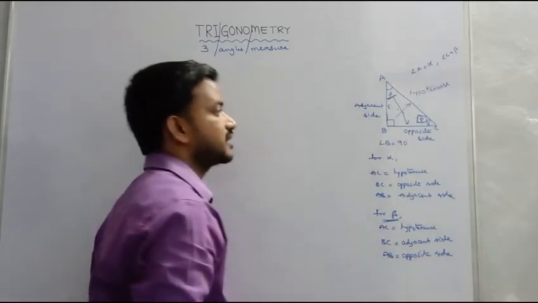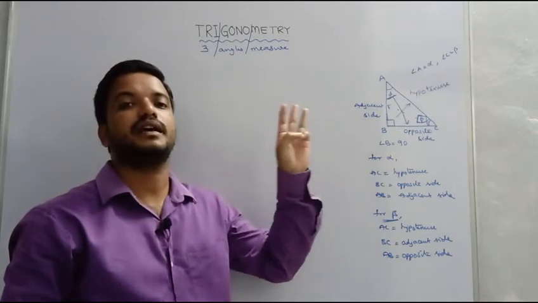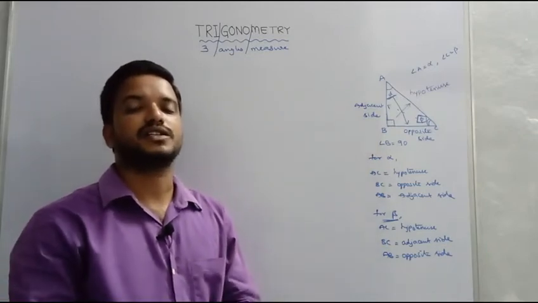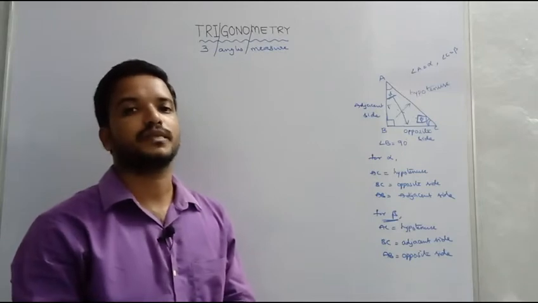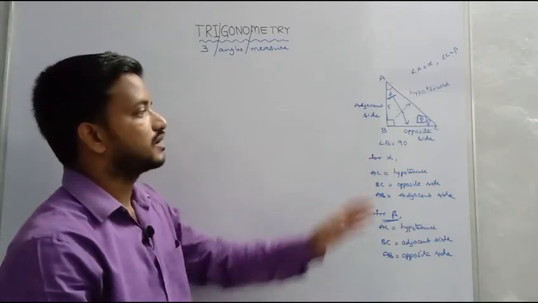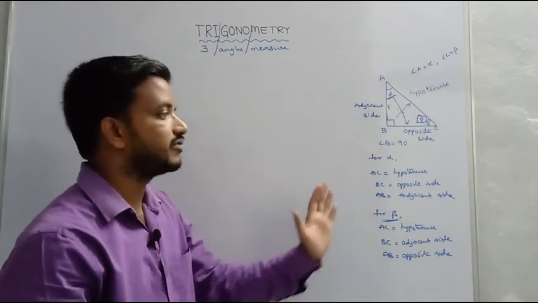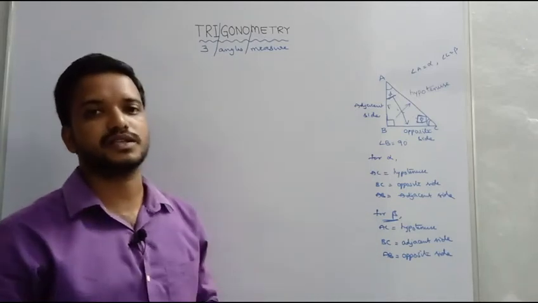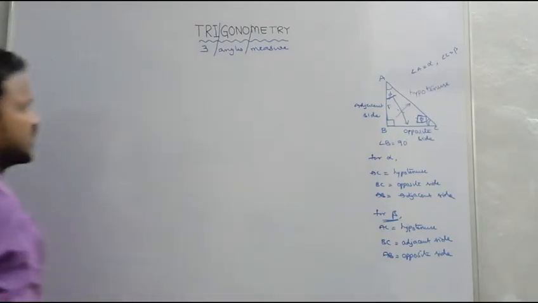Okay, so these are the three sides in a right angle triangle with respect to an angle. Okay, if you understand this clearly, we can derive the trigonometric ratios easily. Okay, let us observe. In general,